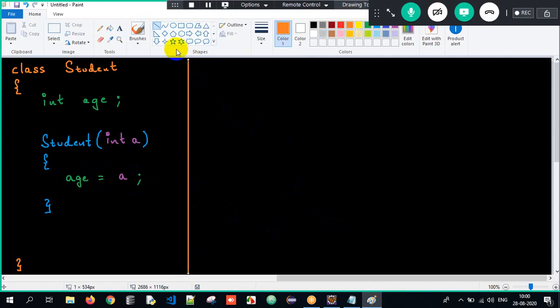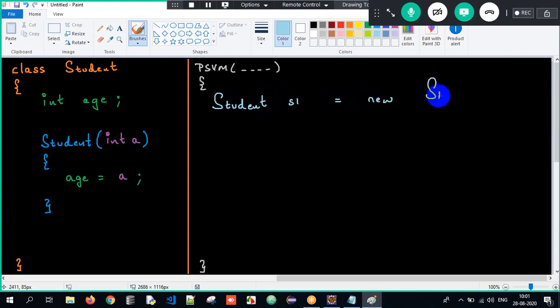Concentrate, everyone. You will have your main method, wherein the execution will always begin, correct? Execution will always begin from the main method. public static void main(String[] args), open curly braces and close curly braces. This is where the execution starts. Now closely observe, guys. I create an object: Student s1 = new Student();